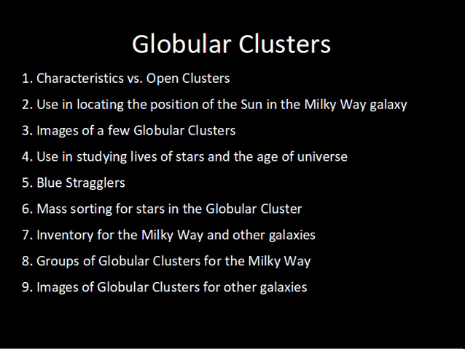We're going to talk about the contrast with the globular and open clusters, how the globular clusters were used in the early 1900s to determine roughly the location of the Sun and the Milky Way galaxy, look at some images of globular clusters, talk about how globular clusters are important in helping astronomers understand the life processes that a star goes through. We'll talk about blue stragglers found in globular clusters, how the stars get sorted by mass in their